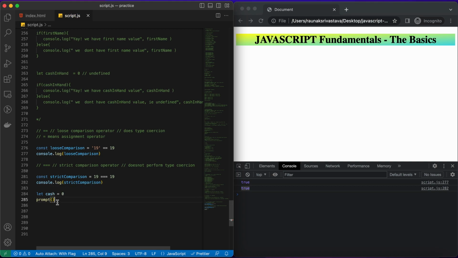Okay, and don't worry about these functions and all, because I'll be teaching you these in the upcoming lectures. We'll be learning everything about the functions in the upcoming lectures. So for now, let's write